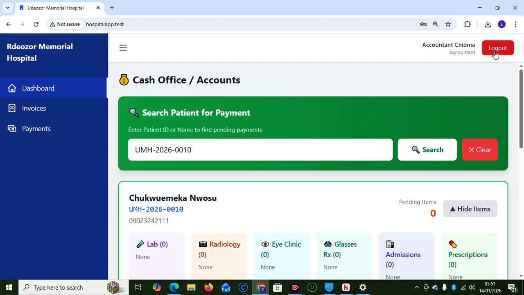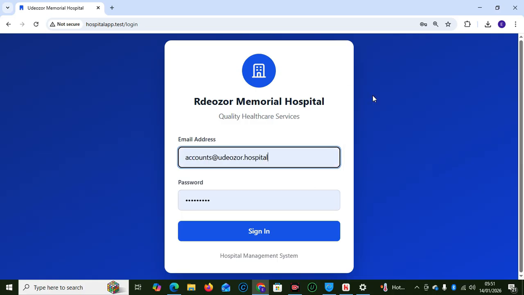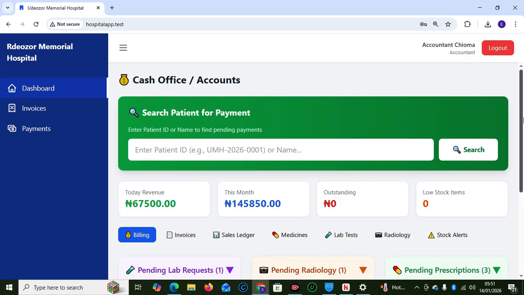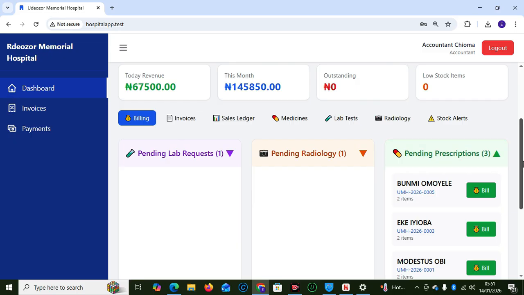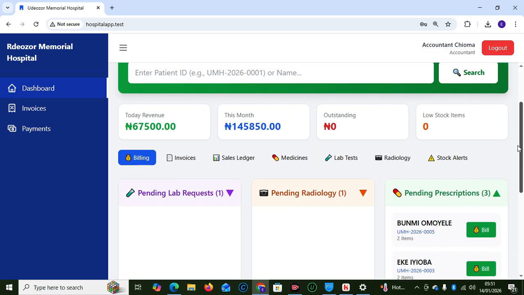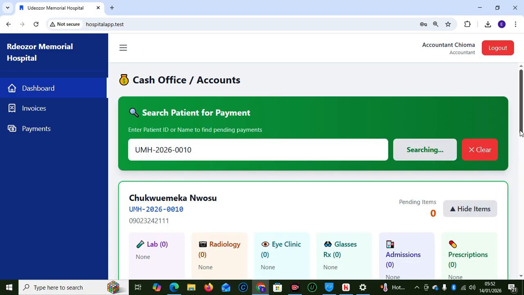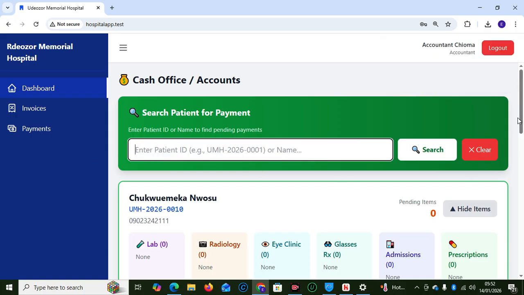So let's log out and see what is happening at the account section. So let's go to the account. So you can see the pending prescription. So we have that. Let's go to the account section. So at the account section, so no, not that one. Sorry, not this one. So at the account section,